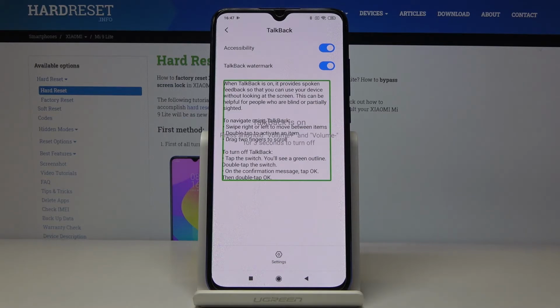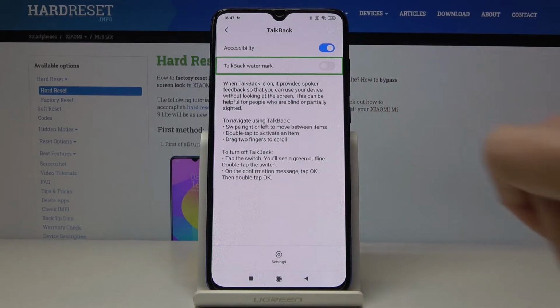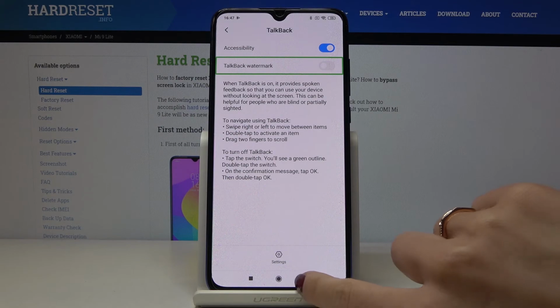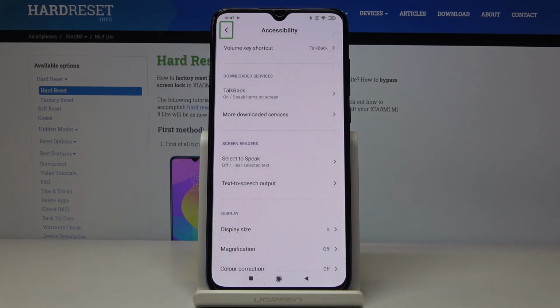So this is it. You can also turn off the watermark. Just click here, and as you can see, it's no longer here. To do it, you have to click on it once and then double tap as it's written in the instructions. So all you have to do is to tap once on some particular button and then double tap to select